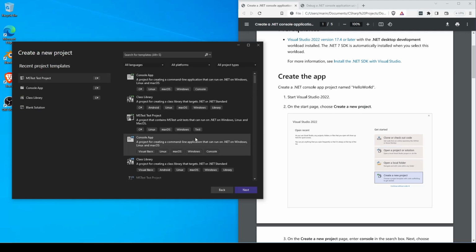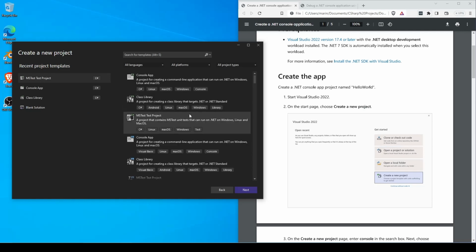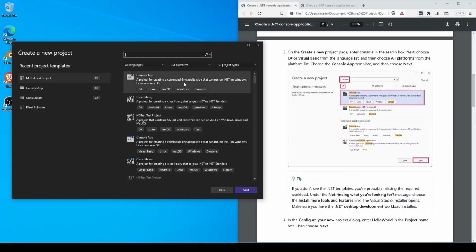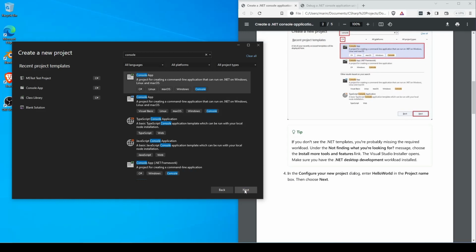So we click on that. You can see there's a lot of different options here. You can scroll all the way down, but if we type console into the search bar, if you don't see console app already, we want to click just console app, and you can see C#, Linux, Mac, Windows and console. So they're all the platforms that this will work on. Okay, so we'll choose next,